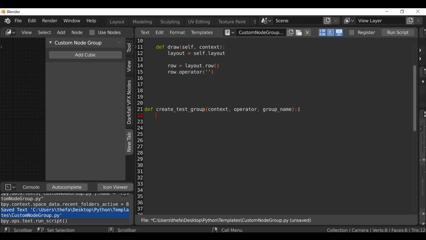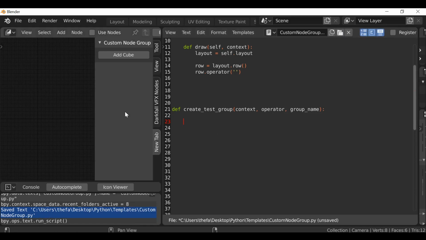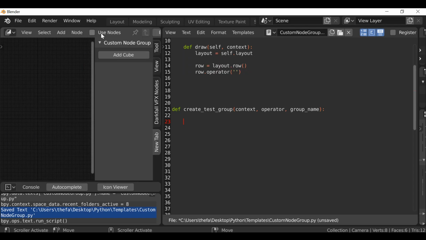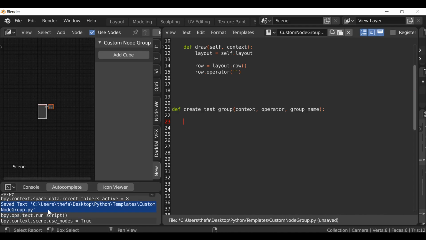Then hit return. So we want to start adding things, but if we try to do that now, if we say for example Shift A, try to add in one of these nodes, we can't, it's grayed out. And we know that's because the use nodes option isn't activated. So that's the first thing I'm going to do inside this custom group. And if you want to find out how to do that, we could do that a couple of ways. We can first hover the mouse over the option, and we can see the Python tooltip there. Or if we click it, then we can see down here in the info, it says